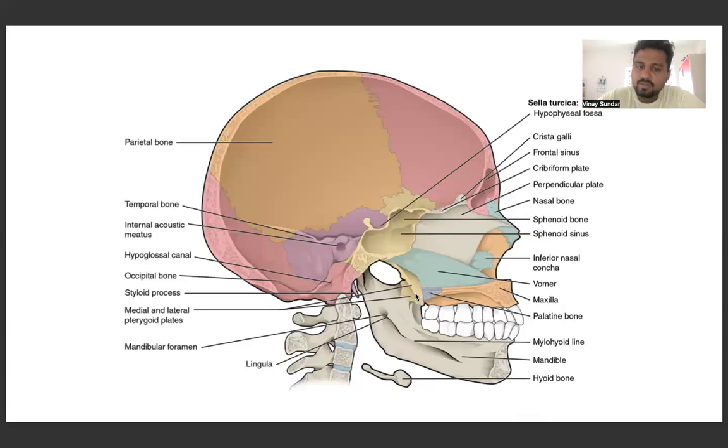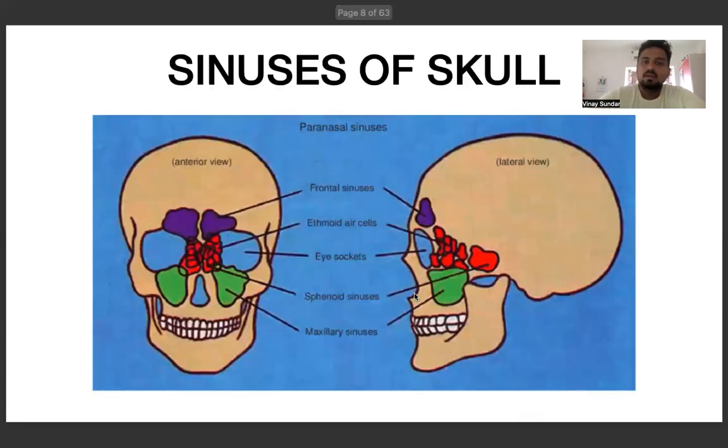Medial and lateral pterygoid plates serve as attachments for the medial and lateral pterygoid muscles. This is pretty much simple. The sinuses are air spaces and paired. So you have your frontal sinuses, then your ethmoidal air cells, then your eye sockets, then your sphenoid sinuses, and your maxillary sinuses. Ideally speaking, the sinuses are filled with air to reduce the weight of the